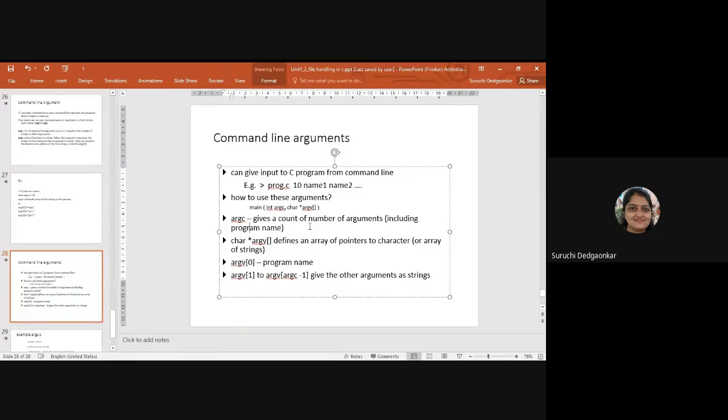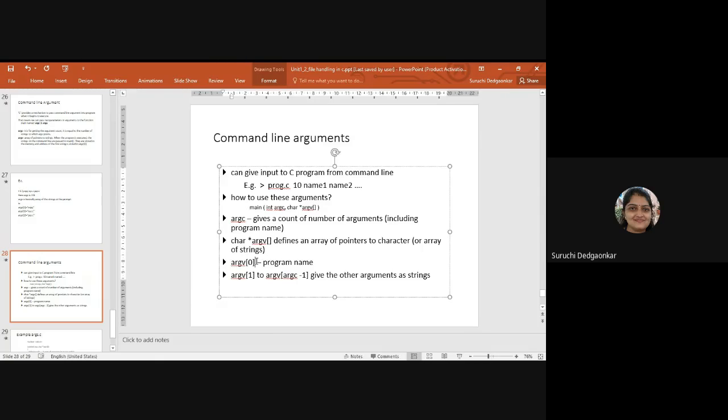ARGC gives count of number of arguments including program name. So ARGC is automatically counted with the help of whatever strings you are passing at runtime. And ARGV defines this character pointer ARGV array, it defines an array of pointers to character or array of